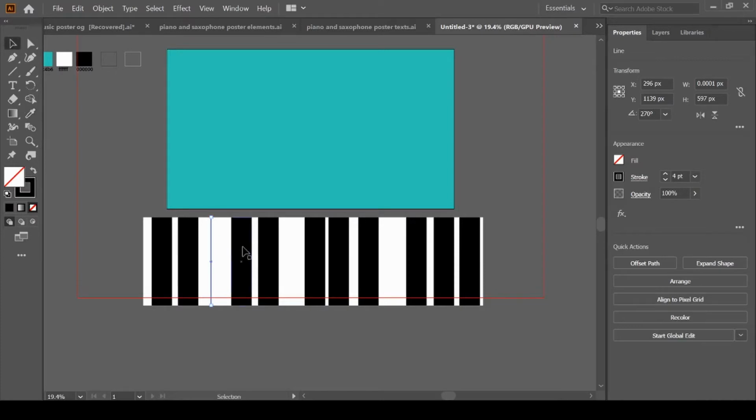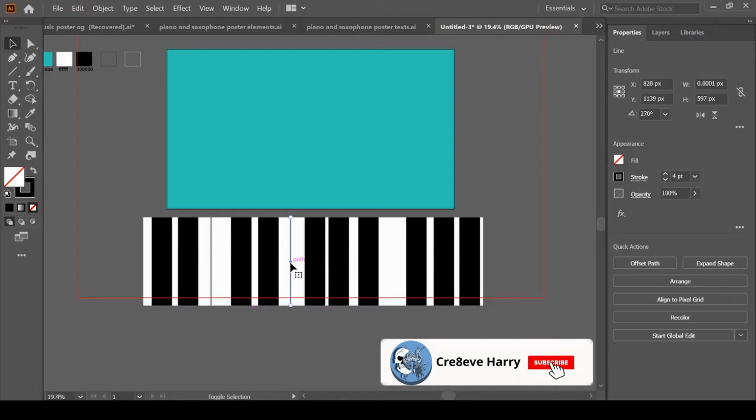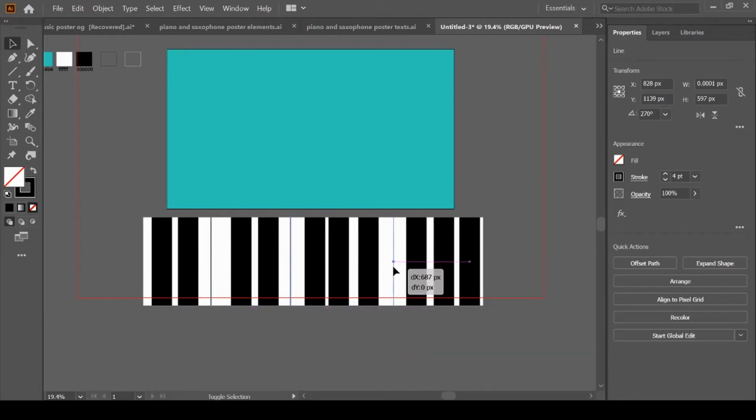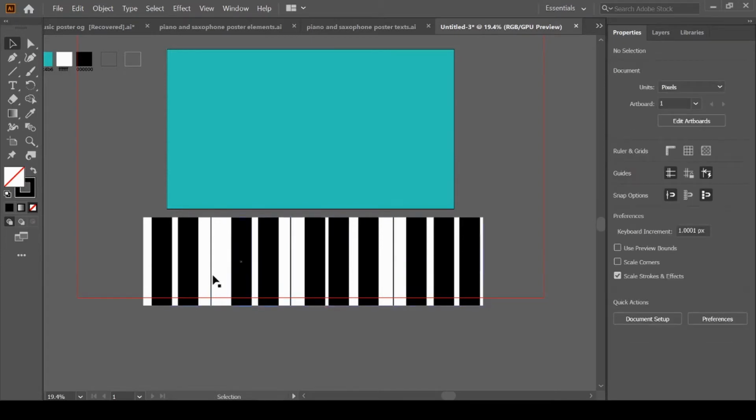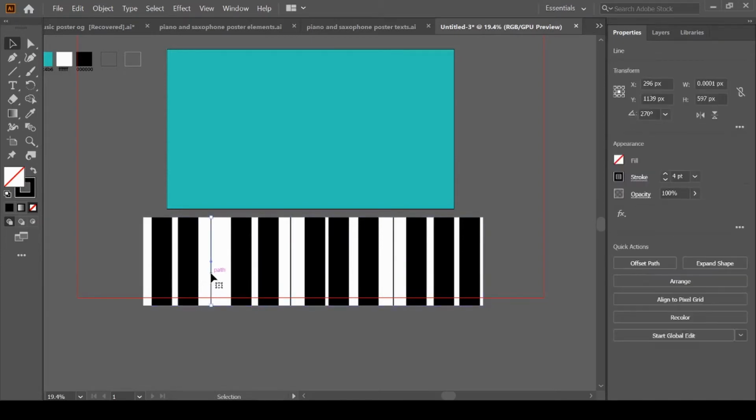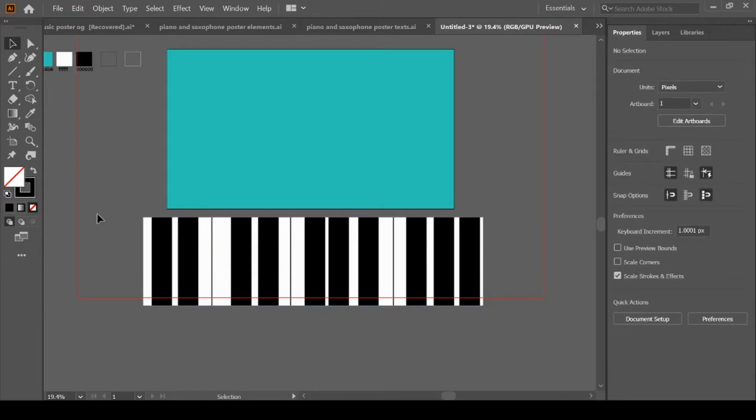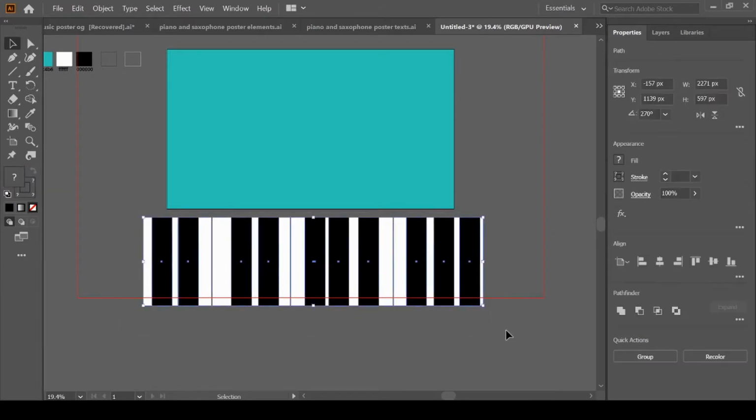Okay, now press Alt plus Shift and drag. Now just group it. Press Ctrl G to group.